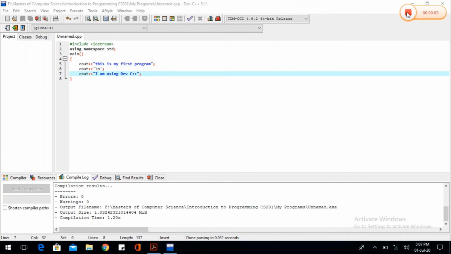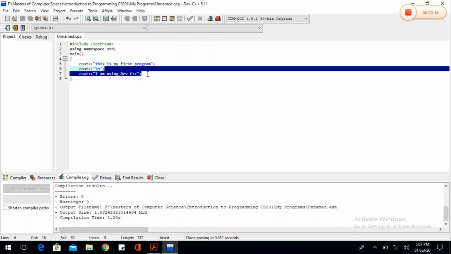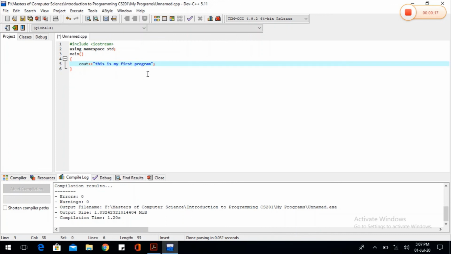So one more thing, not about the end line statement, this is about the cout statement. We can do this in a different way. I'm going to delete this code. Now also I'm going to delete the semicolon. So I can write it as less than sign, endl, less than and double quotes, I am using Dev C++, now end line statement.